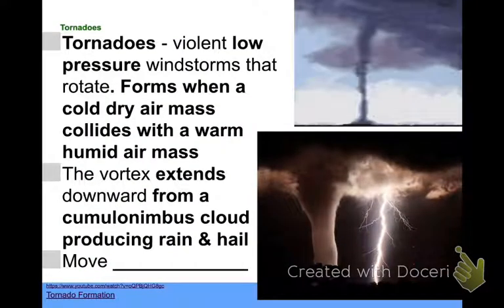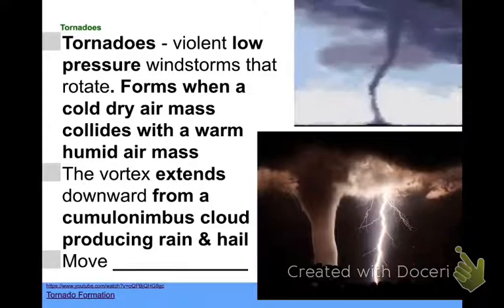Okay, I hope you enjoyed your lightning video. So now let's talk about tornadoes. So we know how big thunderstorms occur, but those large thunderstorms are what will turn into tornadoes. Now notice, tornadoes are a low pressure system. That should be obvious to you because we know all low pressure is associated with severe weather, and tornadoes definitely are